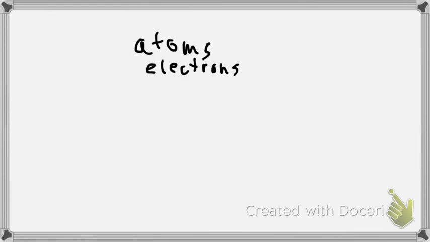So for a while, everyone thought that electrons, those are the smallest things that there are. And then we realized that there are smaller things that make up these subatomic particles. Quarks, bosons, things like that. And ultimately, you keep going, smaller and smaller things. And currently, there is something called string theory.